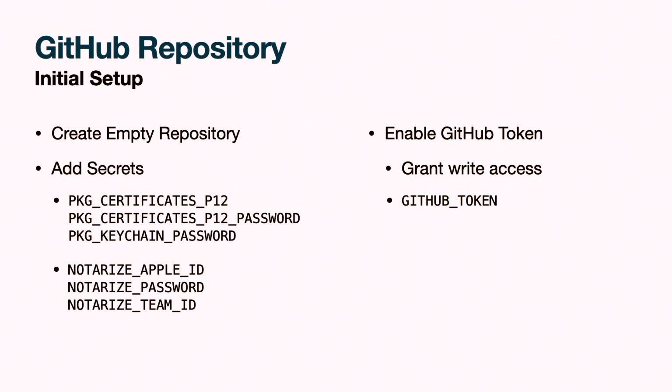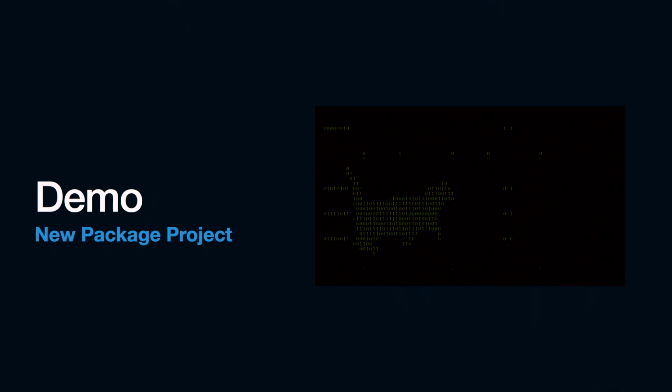So once that empty repo is created, we also need to add the secrets, again, all through the GUI. And we need to enable something called the GitHub token to have write access back to the repository. Because I'm creating a release from in the workflow, it needs to be able to write back to the repo. And that's just a simple choice. So I'll show you that in a sec. So now I'm going to show you that sort of end-to-end solution